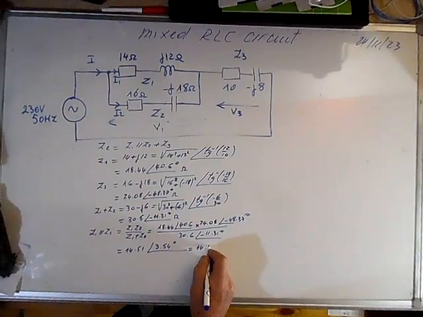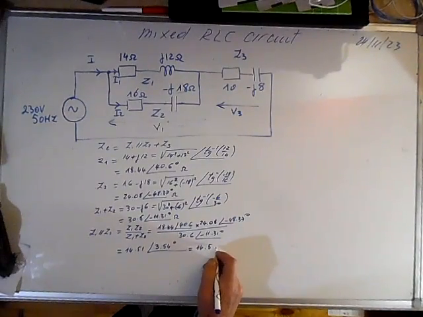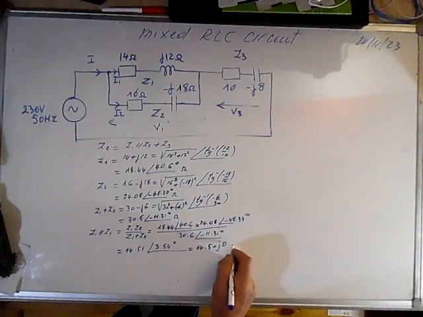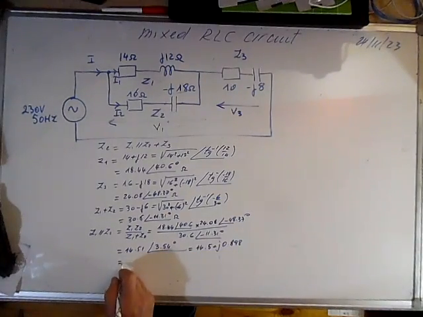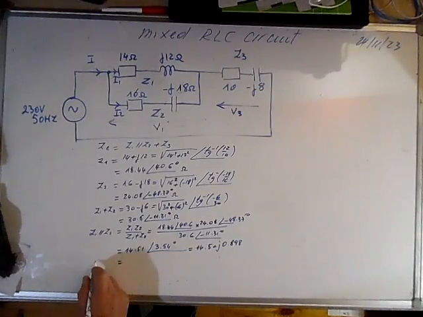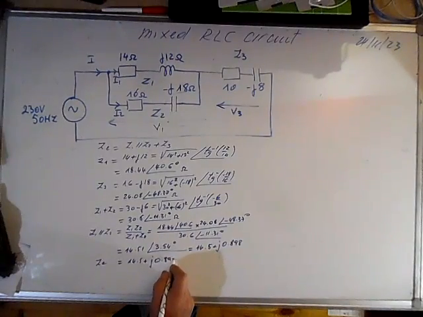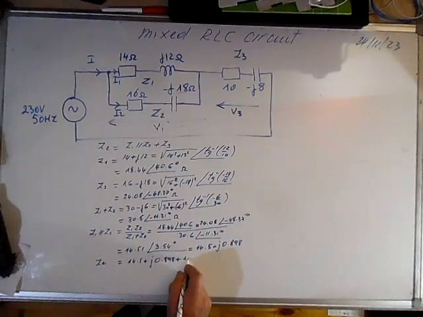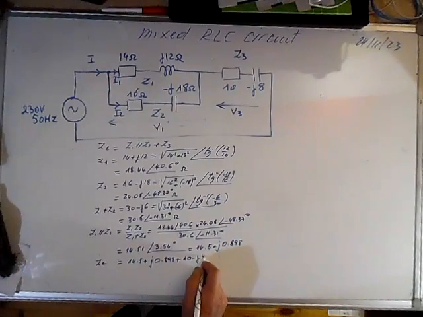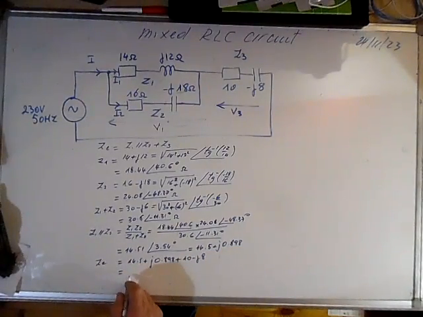And in algebraic form, we can write about 14.5 plus j0.898, and this will give us Z equivalent. It is this one, 14.5 plus j0.898, plus Z3, which is 10 minus j8. This will give us an equivalent impedance of